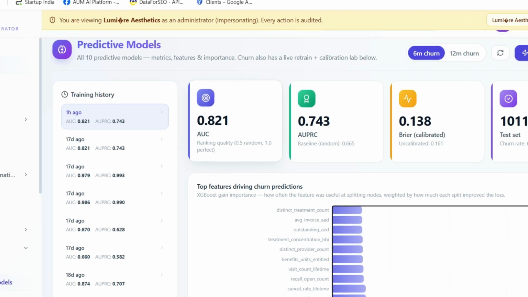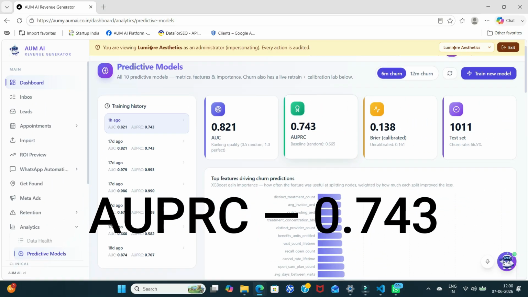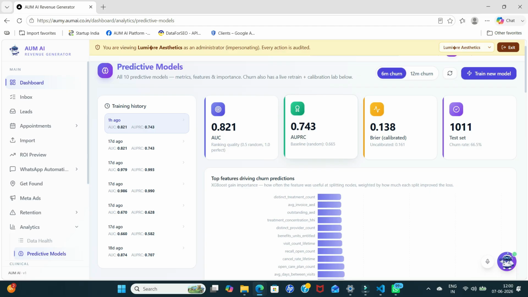Let me show you some of the primary metrics. So AUPRC, not AUC. Here's why. Our churn rate is around 15 to 20%, so there is a class imbalance. A model that labels almost everyone as not churn still looks great on AUC. For example, from 100 patients that you're training on, only 5 have really churned. If your model says every patient has not churned, it will still get an AUC score of 95%, which is very deceiving, and that's the reason we use AUPRC, which is precision and recall,